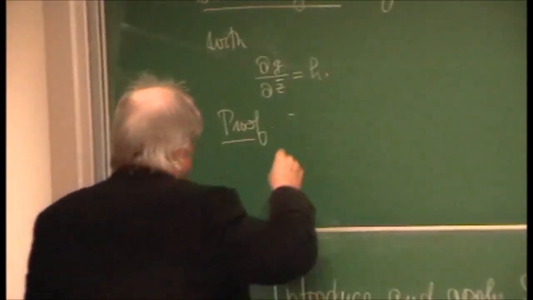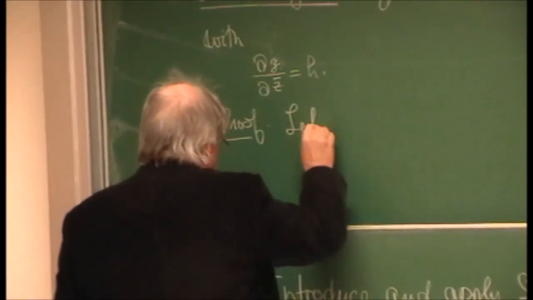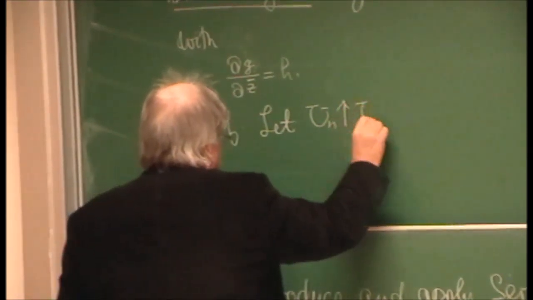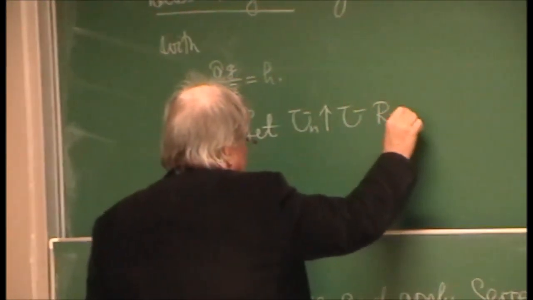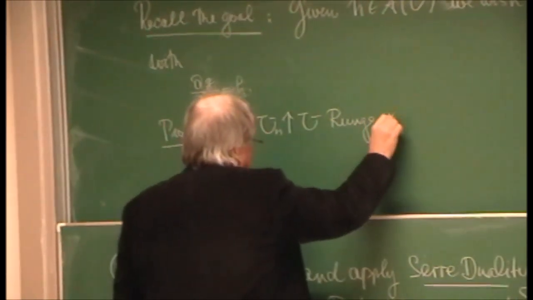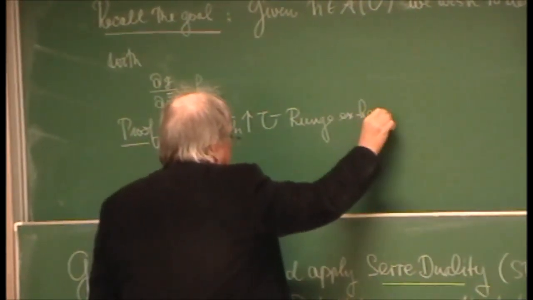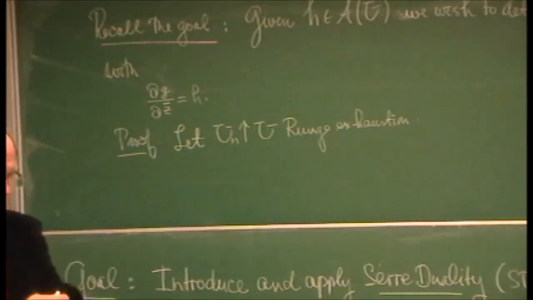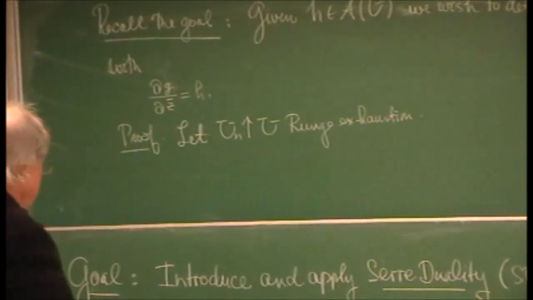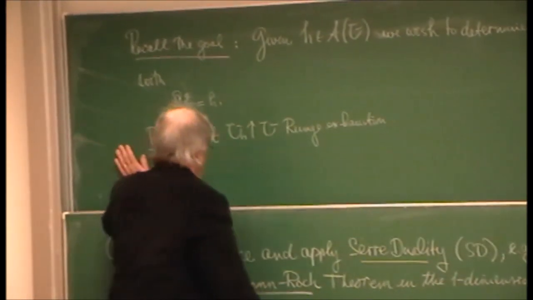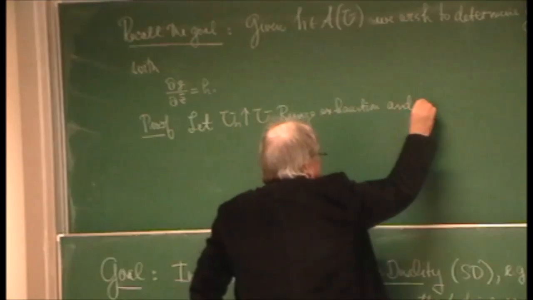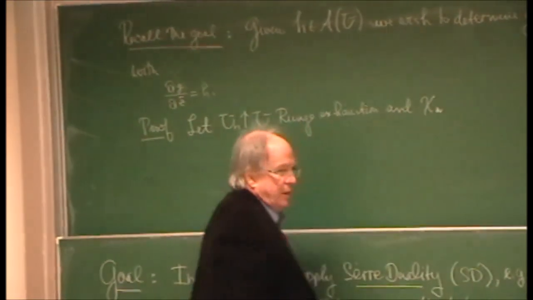Proof. So I'm going to use a compact exhaustion. Let UN be a compact exhaustion as above. Okay. So I have a good exhaustion, and let's let chi n cut this thing